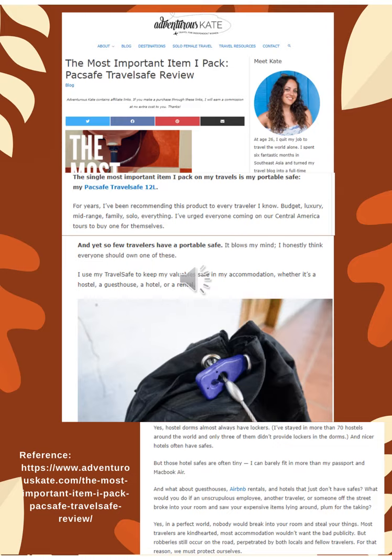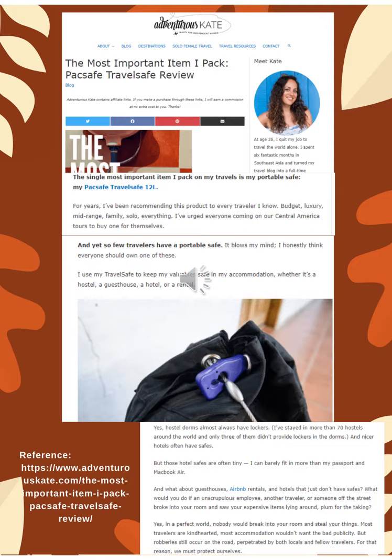Like for example, you don't have to use the vault inside your hotel room just to keep your important items safe